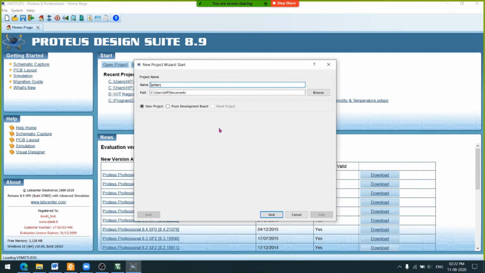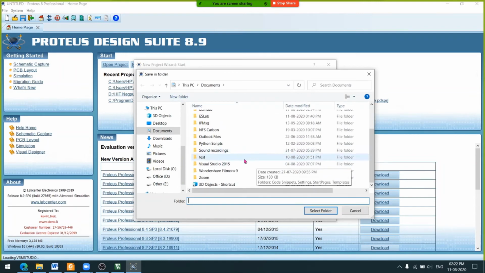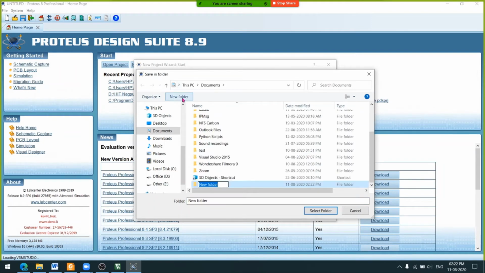Let's call it ESL-01_simulation, right? We'll be saving this into the Documents folder. So let's go into that folder, browse, and create a new folder called ESL-01_Proteus.